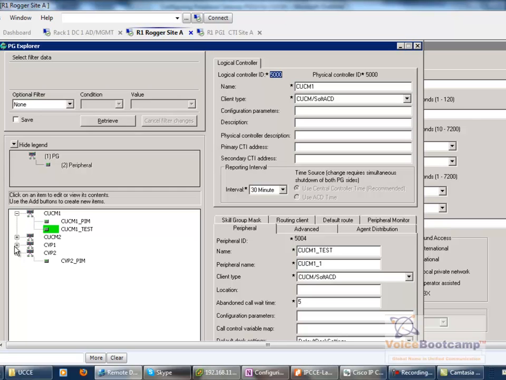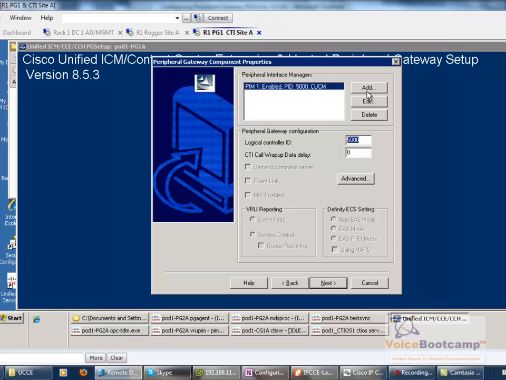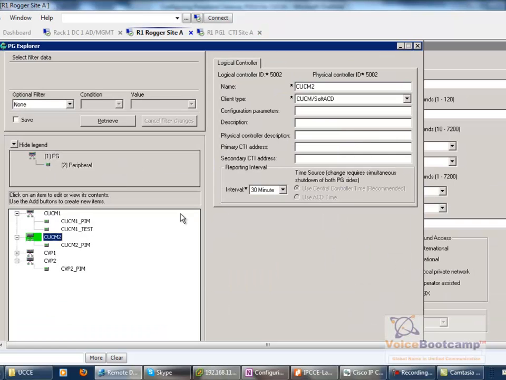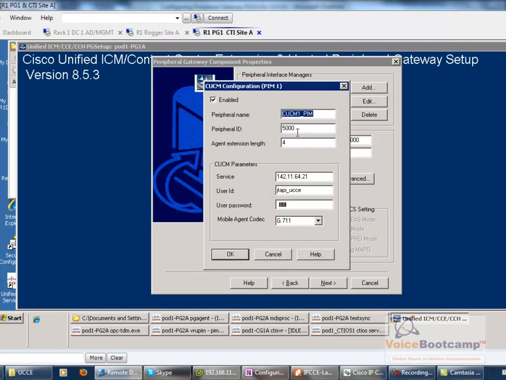If I was configuring CUCM number 2, the logical controller ID was going to be 5002. Because we're doing CUCM1, the logical controller is 5000, and because this is the first PIM, click on edit. You define a peripheral interface name, that is from right here, the PIM name you defined in your peripheral. The peripheral ID is 5000, and the agent extension will be 4-digit. Then the IP address of the call manager, and then the JTAPI. You see how the JTAPI name is